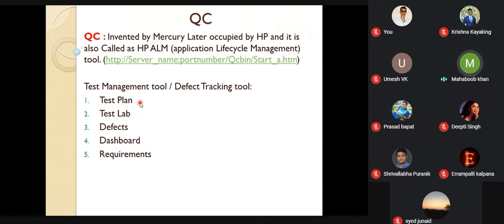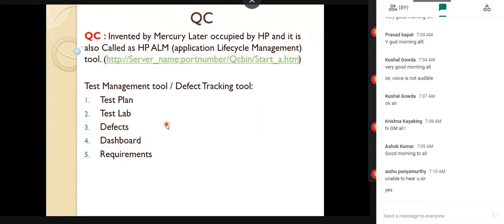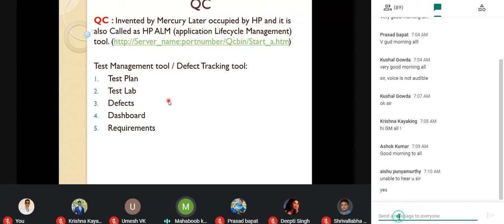When you see the name test management tool, it tells you that it is a tool that manages the testing.